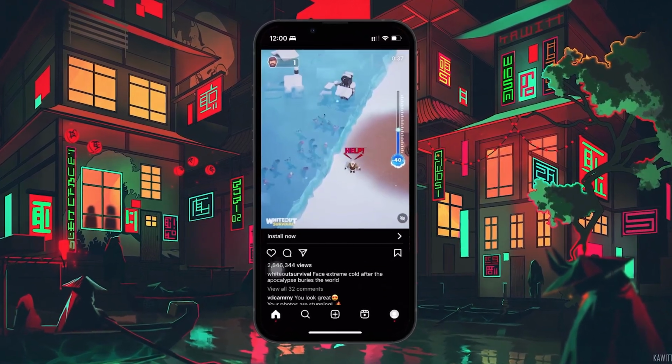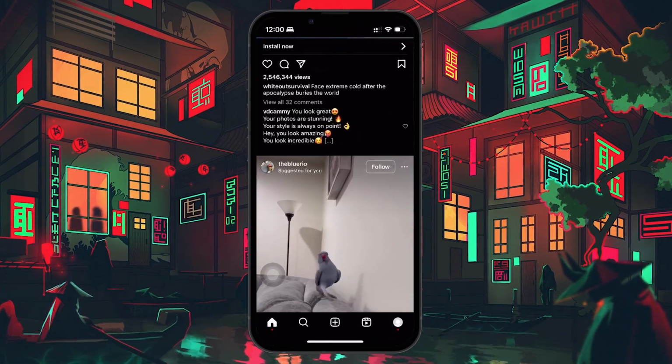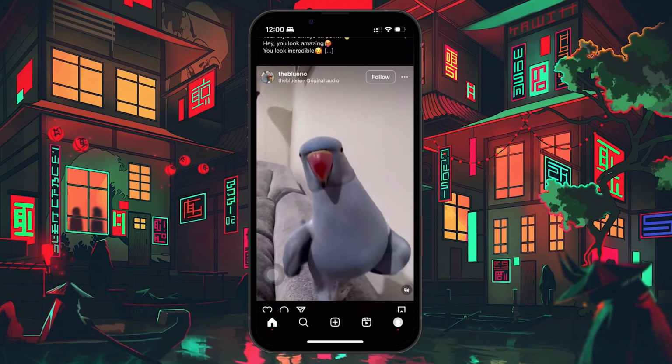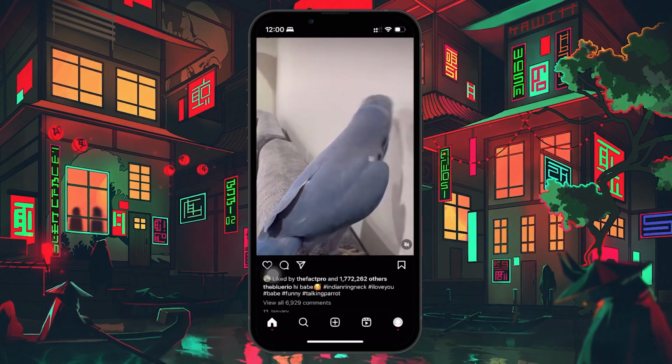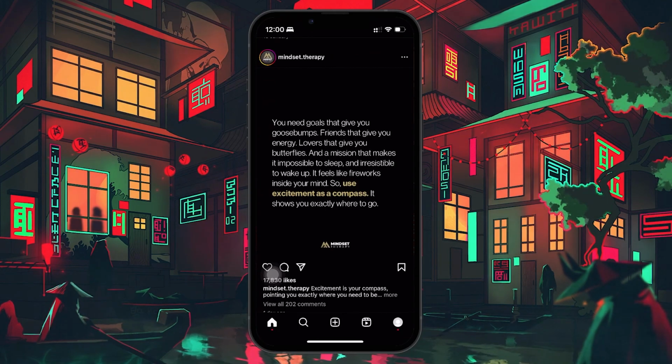Identifying trending sounds is crucial for anyone looking to increase their reach or simply stay updated with the latest trends on the platform. These sounds can give your content a viral push, connecting you with a wider audience and making